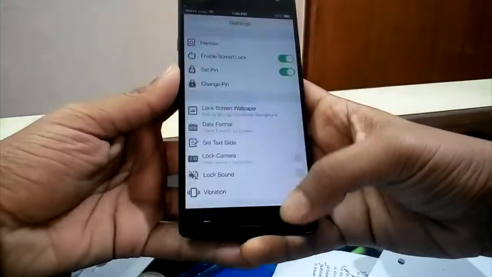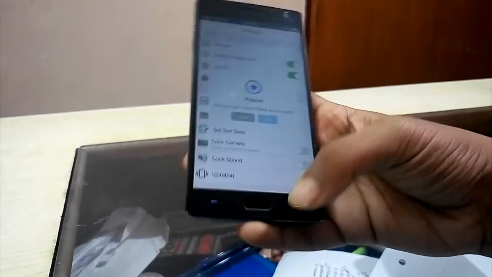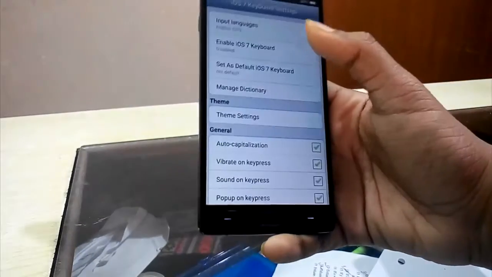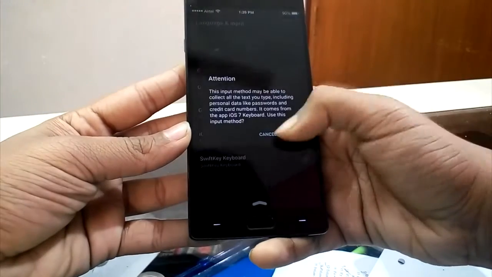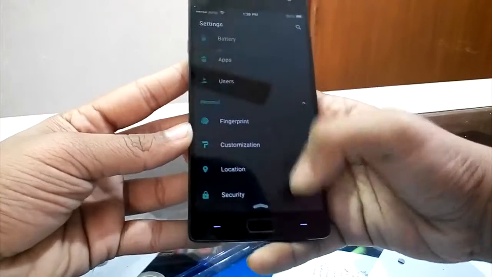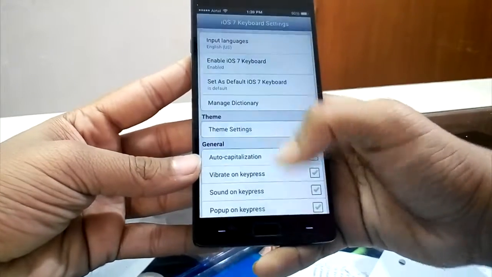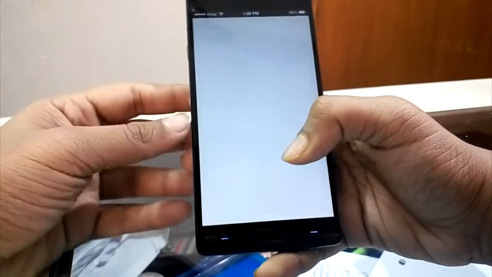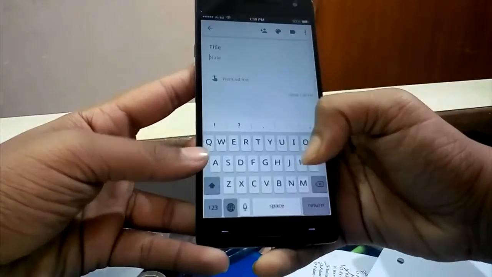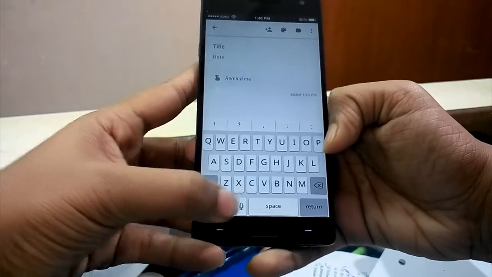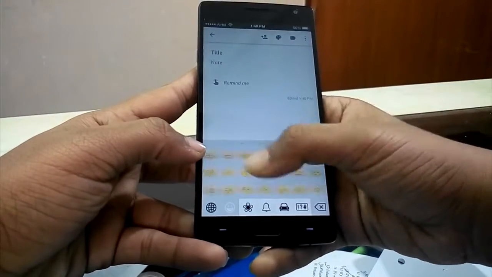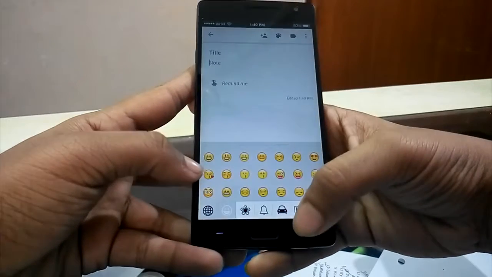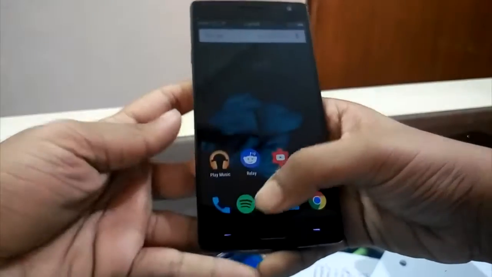Moving on, we have the iOS 7 keyboard. Not many things have changed in the keyboard from iOS 7 to iOS 8 to iOS 9, 9.1, 9.2, 9.3, whatever. It has not changed much. Enable it and select it from the options there like I did. Now let's check the keyboard. It looks quite similar. We also have the iOS 9 emojis, which have been pre-built from iOS 10. You just don't get the different color options on the skins and other stuff. So it's okay. You're getting the iPhone emojis.